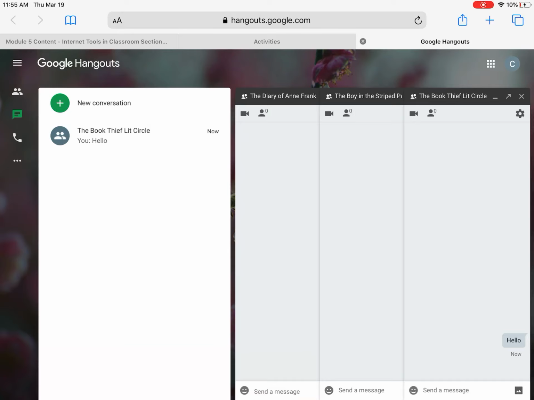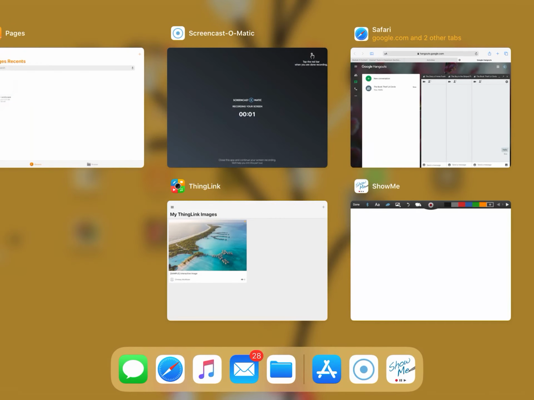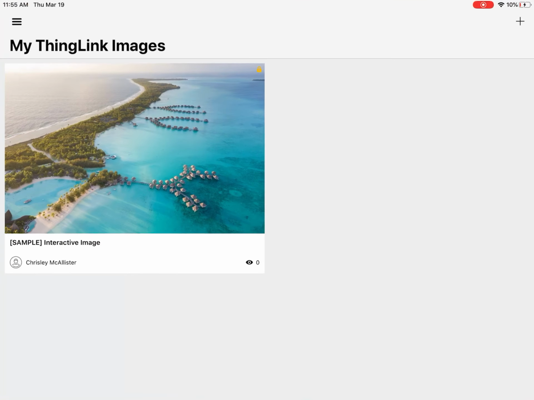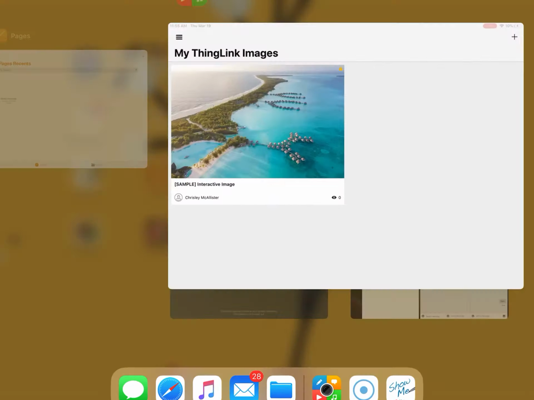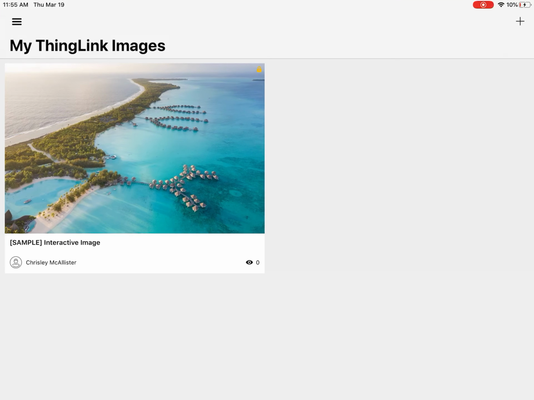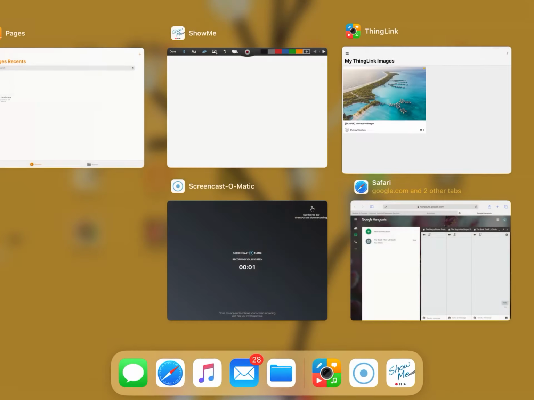So I really liked this tool for sure. The next one that I want to dive into is called ThingLink. That's hard to say. ThingLink. But I liked this one so much because it allows you to integrate. If you can see the little